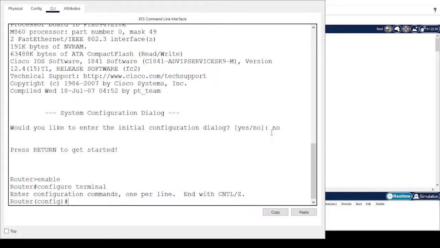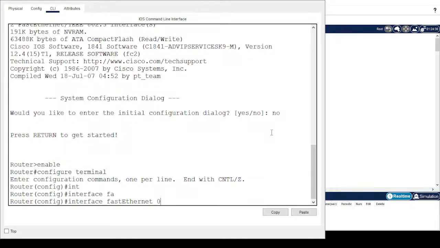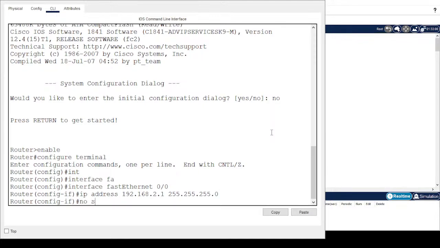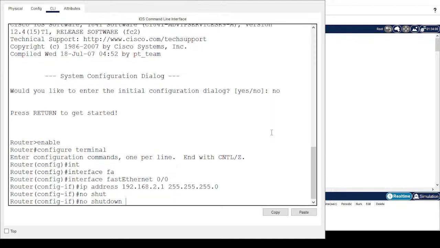So we configure the FastEthernet 0/0 with the IP address 192.168.2.1, no shutdown. So I've configured FastEthernet 0/0, which is on the network on the left,